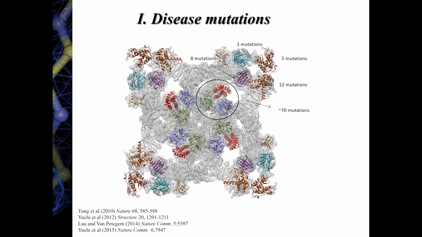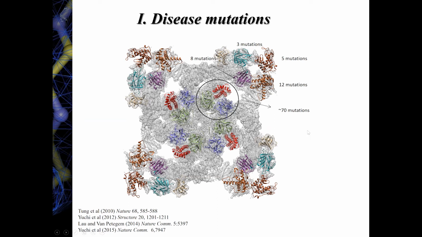And so I told you before that in the past, we were able to solve many different crystal structures of bits and pieces, which allowed us to map disease mutations with pretty high precision. We could analyze their chemical environment quite well. And we could also easily compare structures of wild types and disease mutations because these crystal structures were obtained from parts of the ryanodine receptor that are expressed recombinantly. So it was very easy to introduce your favorite point mutation and see what the effect is. I'm not going to show these data, but it's been published before.